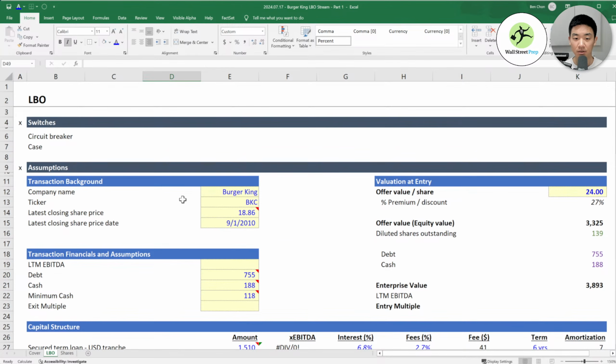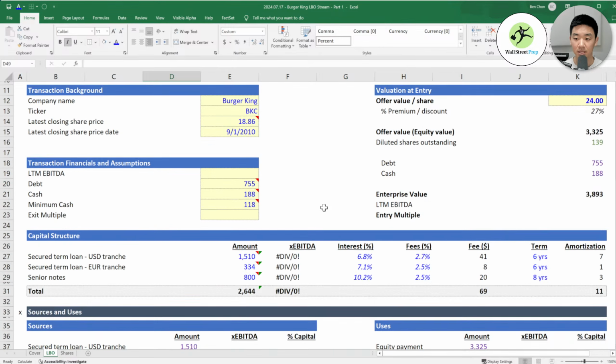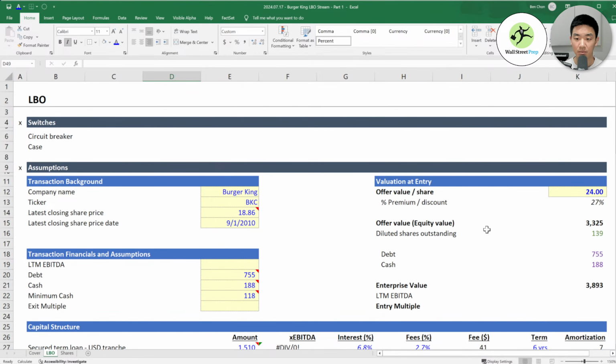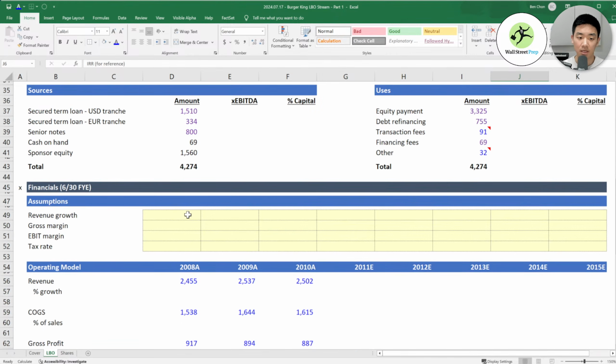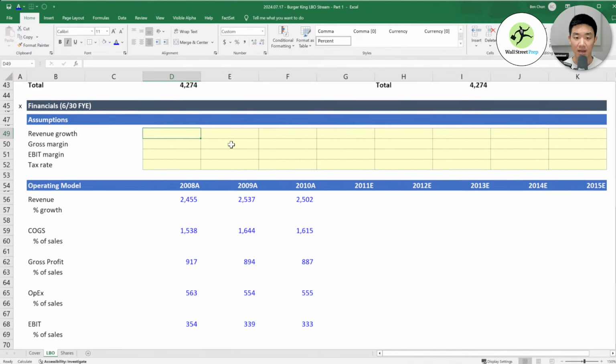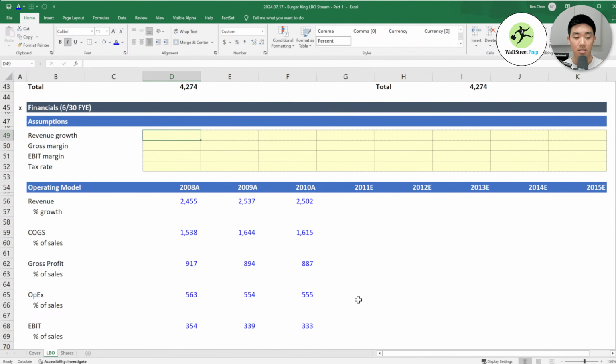The reason you want your assumptions grouped together, ideally at the top, is that someone can easily change some things and, if you have an IRR reference number here, which we're going to have later, you can just change some assumptions and see what happens to everything. That'll make sense later. Okay, so revenue. We're going to have basically all the percentages here. So revenue growth, we're not going to have for this first one.